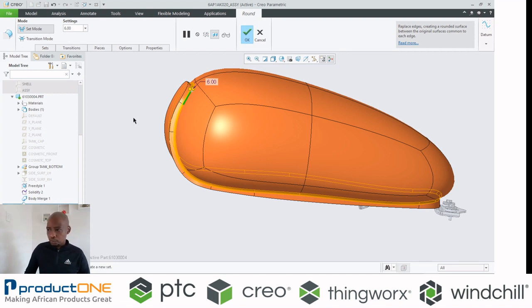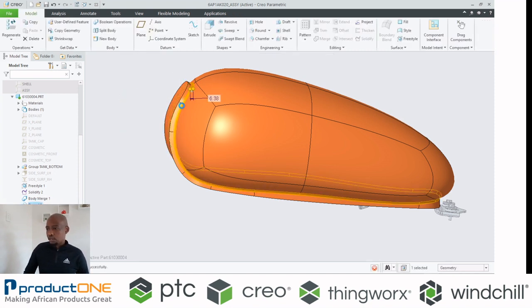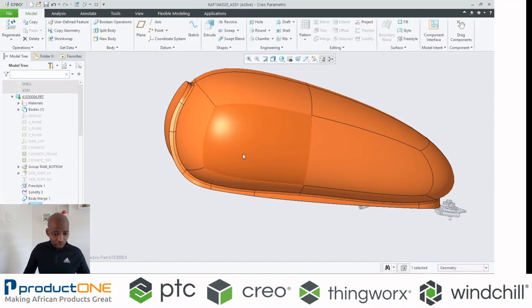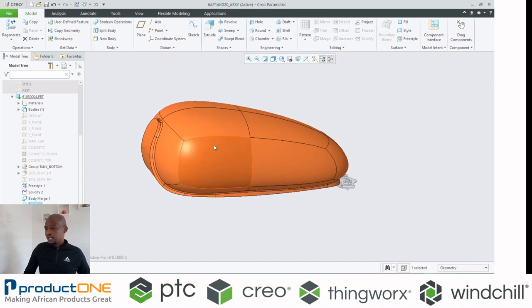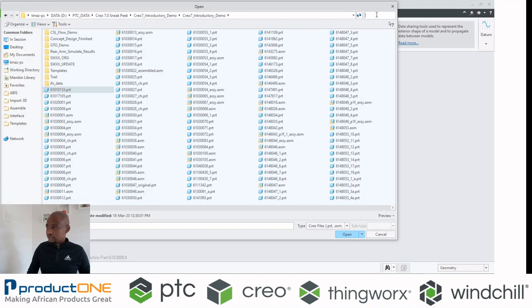Okay, so all I'm doing now is adding a fillet, so I can choose that. Look, this is the type of fillet that I'm having. I can put in whatever value for the fillet. And here's where the power of Creo comes in. Let's say I've created a fuel cap in the old design. I can leverage that. I can say, how about I choose an existing fuel cap.